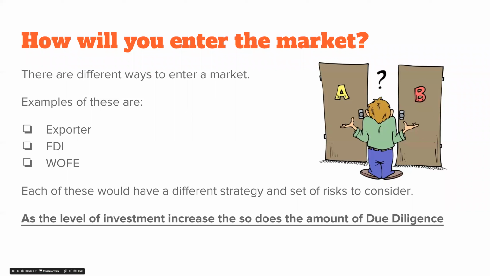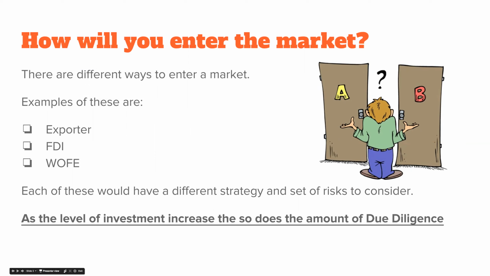One also needs to understand how they will approach entry into a market, and this will have much to do with the strategy employed. When it comes to an international market, for instance, an export-only strategy versus a WOFE would be vastly different. An exporter would consider things like branding, distribution channel, last-mile delivery, and local taste, whereas a WOFE